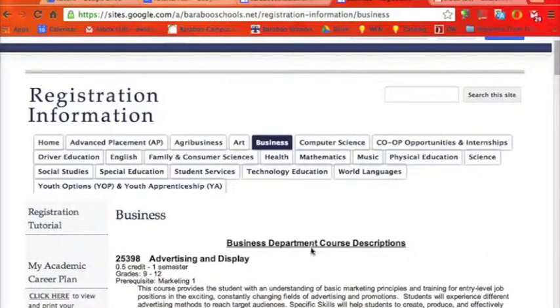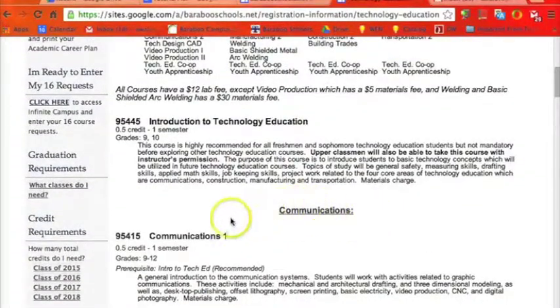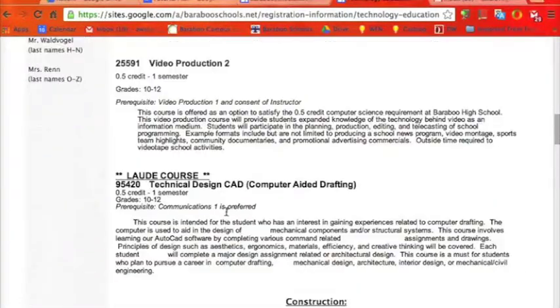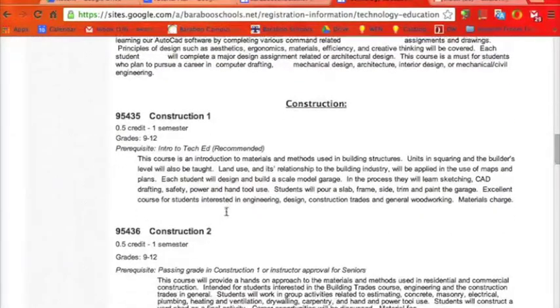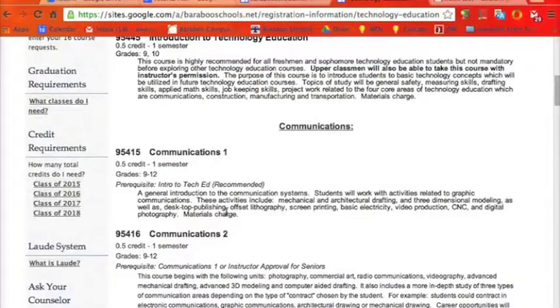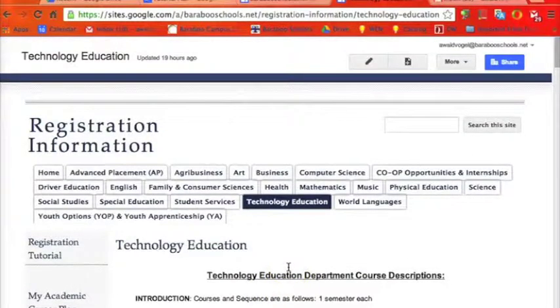I'm noticing on my ACP I still have 2 blanks to fill, so I'm going to look at the technology education portion of the website. And because most of the classes in the technology education section of the website list Intro to Tech as a recommended prerequisite, I'm going to start with that. I have written down this number on my ACP, and again, I know that I'm taking it for 1 semester for a half credit. And I will now select my last elective class,